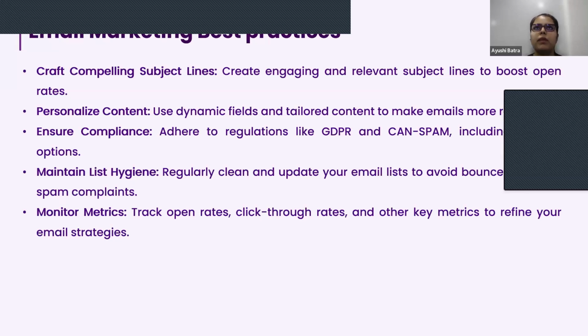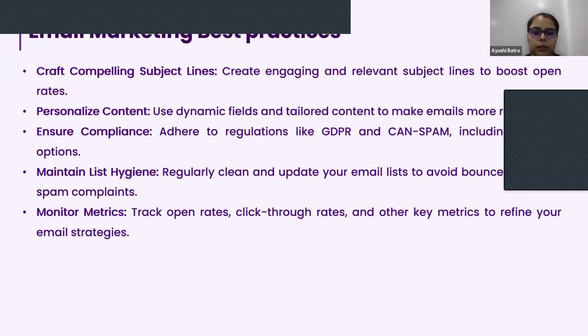Suppose I want to use any number, any age, something like that. You can certainly create a field in Pardot, import the data into it, and use that field as a merge tag in your email templates. Not only email templates, but you can also use it in landing pages as well.